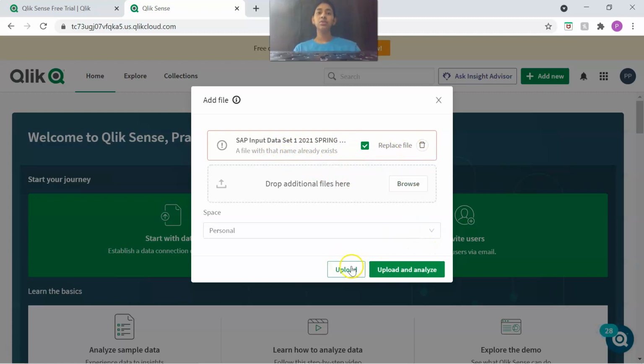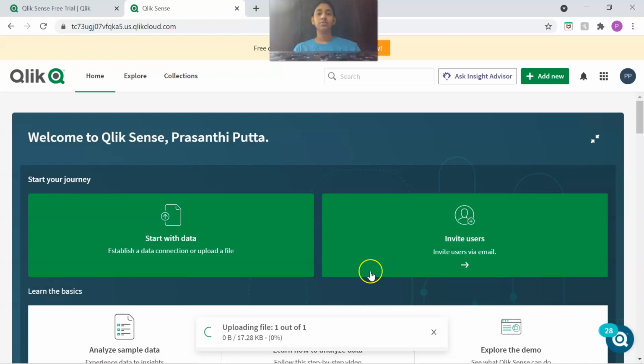So here you have two options, upload and analyze. And here you can see space is by default personal. So you can click on upload and analyze to analyze your data. So here you can see uploading file 1 out of 1 and preparing data.